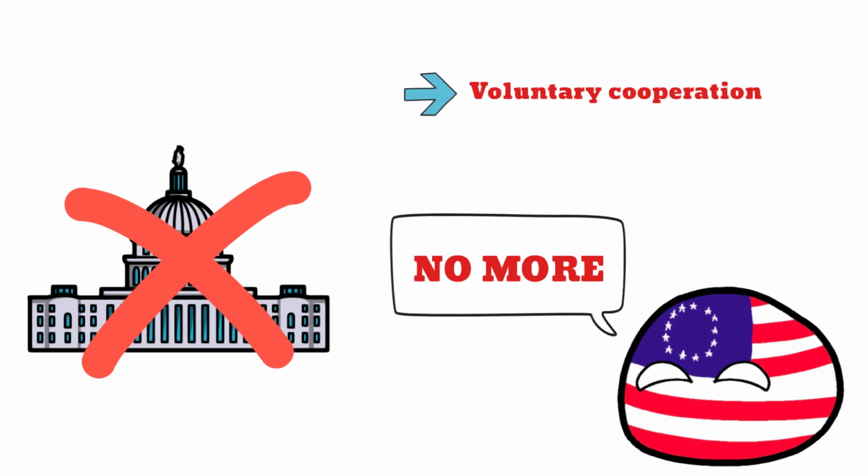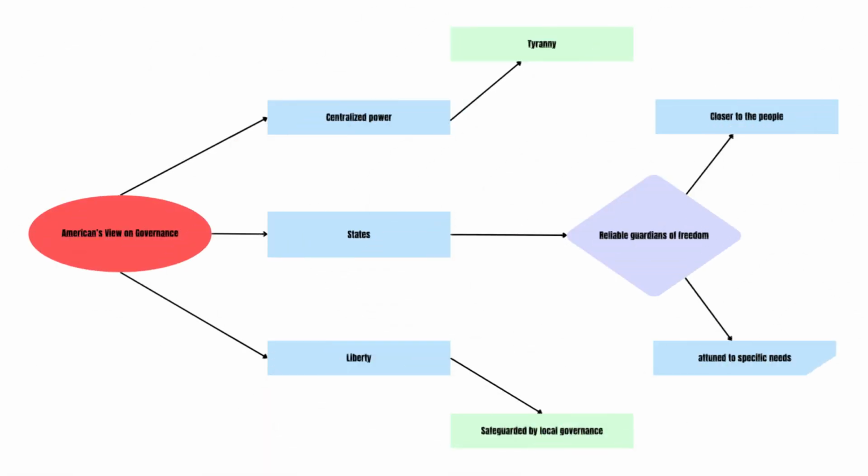while respecting their autonomy. The political philosophy of the time heavily influenced the structure and spirit of the Articles of Confederation. Shaped by the Enlightenment and the bitter experience of British overreach, Americans associated centralized power with tyranny, believing true liberty could only be safeguarded by keeping governance as local as possible. To them, the states were the most reliable guardians of freedom, closer to the people and more attuned to their